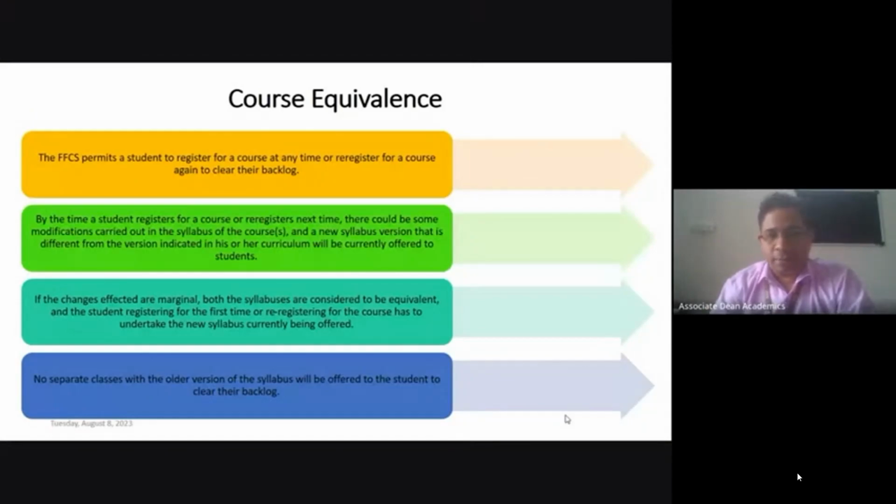And then course equivalence. The FFCS system allows you to register a course under the course equivalence scheme, to complete a backlog course. What is the meaning of course equivalence here? Suppose you have studied a course in a particular semester and you got an F grade in that course. Whenever you plan to re-register that course to complete the backlog credit requirement,